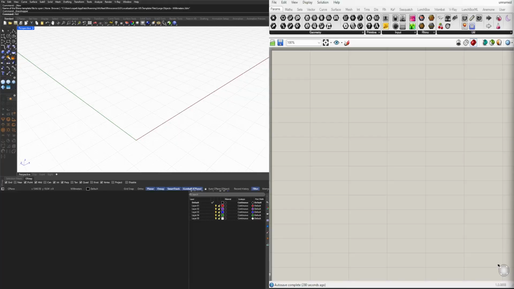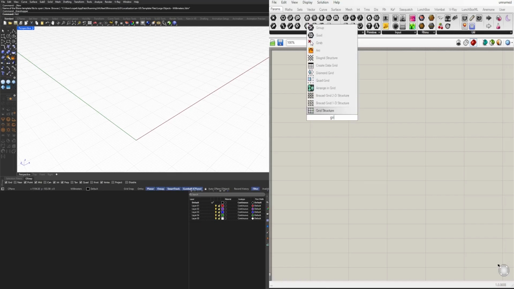Alright, so to start the pattern, we need to bring in a base geometry to create the pattern. Now you can use many different patterns. What I like to use is a grid with hexagons. That's what we'll be using for this exercise. But let me show you what's interesting here, is that in Grasshopper, when I double click here and I type in grid, you would think that we would be able to find different kinds of grids within the options here, but sometimes you can't find it